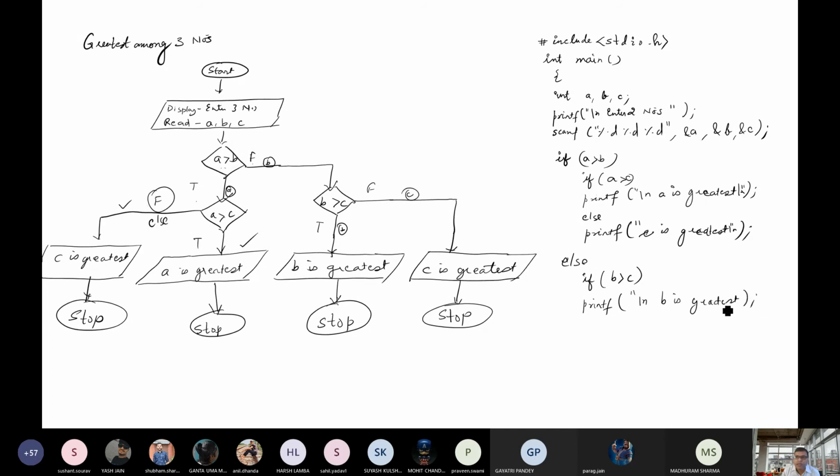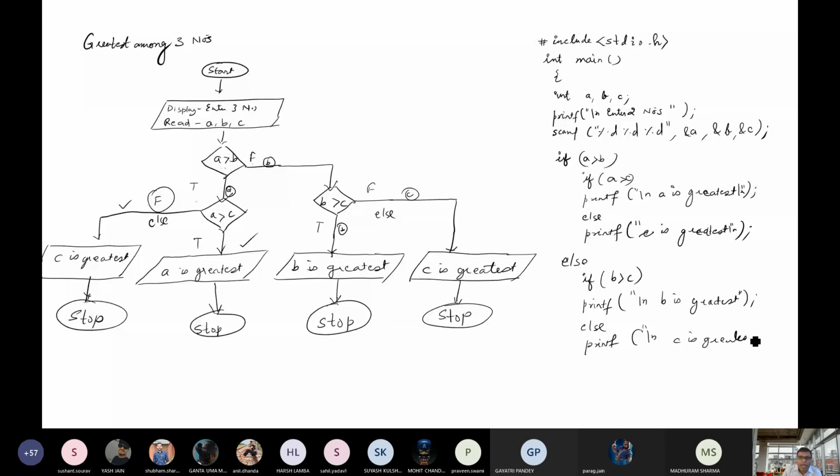Okay, and the false condition of this, false is replaced by else. Okay, so else printf slash n C is greatest.